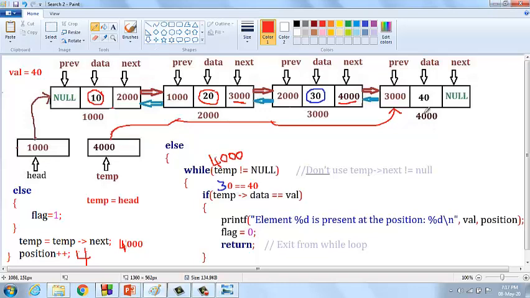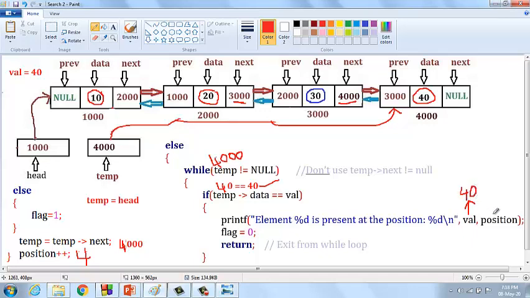If temp of data, what is temp of data? Temp of data is nothing but 40. So 40 equal to 40. Condition true, satisfied, and then printf element %d is present at the position %d. The first %d is nothing but the value, my search element, which is 40.